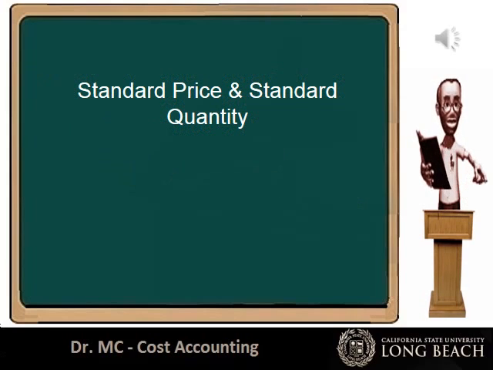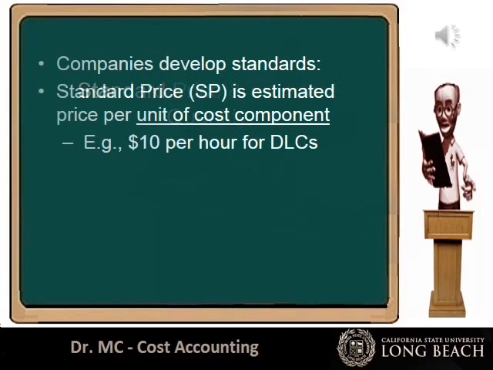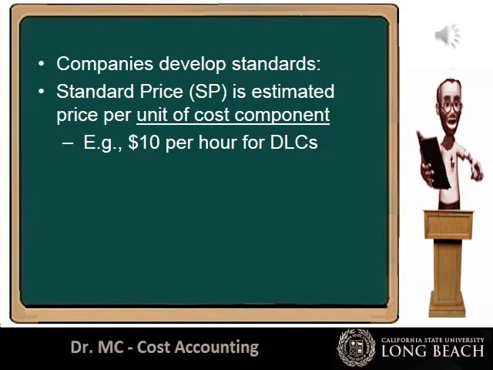We will now discuss standard prices and standard quantities. Standard is a synonym for budget. The standard price is the budgeted price that your firm thinks that it will spend on a unit of the cost component. For example, the standard price for direct labor could be $10 per direct labor hour. This is the unit of the cost component, not the unit of the product itself. If it takes 3 direct labor hours to make a shirt, the standard price is $10 per direct labor hour,